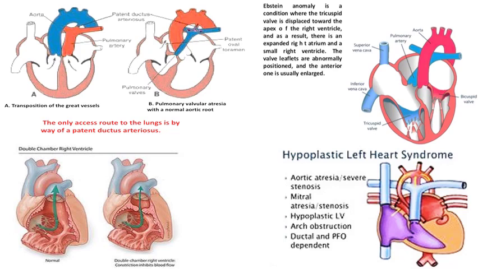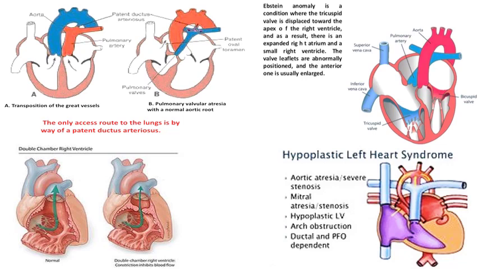There can be a double chamber in the right ventricle, where an extra valve-like thing can be formed within the right ventricle, having a smaller chamber here and a larger chamber here, which is called a double chamber